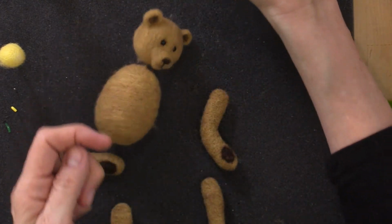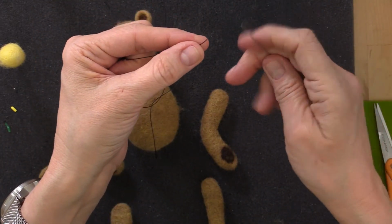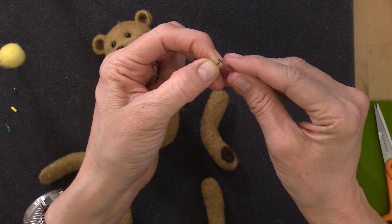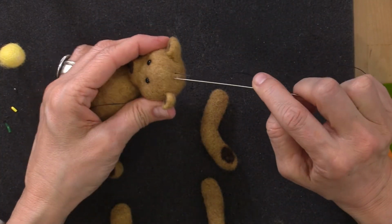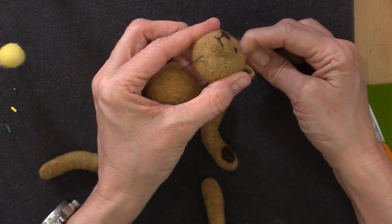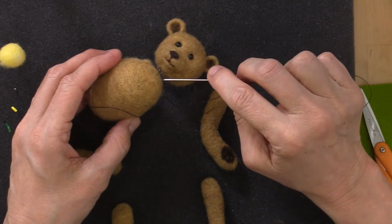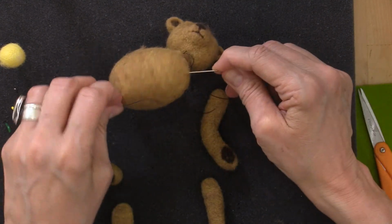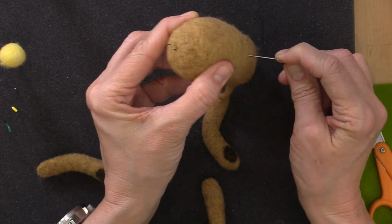So now we're going to do it again through the other side. We're just going to move over a little bit so that we have a little stitch running through the whole body. So here we go. Back through the head, just move your needle over a little tiny bit. Come out close to where you were in the neck, in the underneath part of the head. Pull that through, and then back through the body. Just leave a little space. And the same with the bottom. Leave a little space when you come through. Not too big of a gap, because we want to fill that